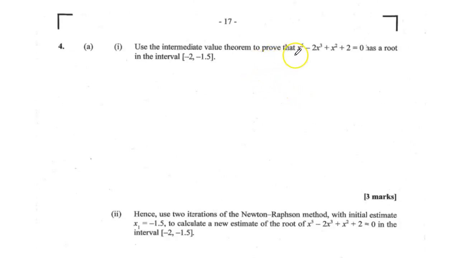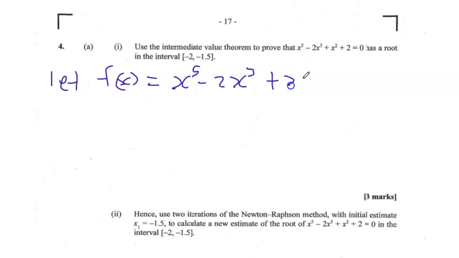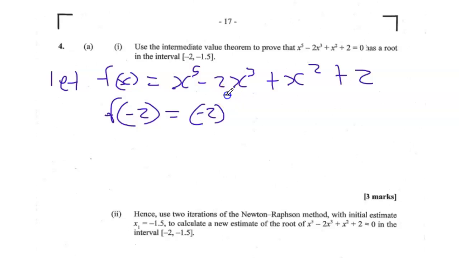Use the intermediate value theorem to prove that this function here has a root in the interval -2, -1.5. So we can let f of x be equal to x to the 5th power minus 2x cubed plus x squared plus 2. Let's find f of -2. F of -2, we substitute in -2 for x, and then we end up with -2 to the 5th power minus 2 times -2 to the 3rd power plus -2 to the 2nd power plus 2, and I'm getting